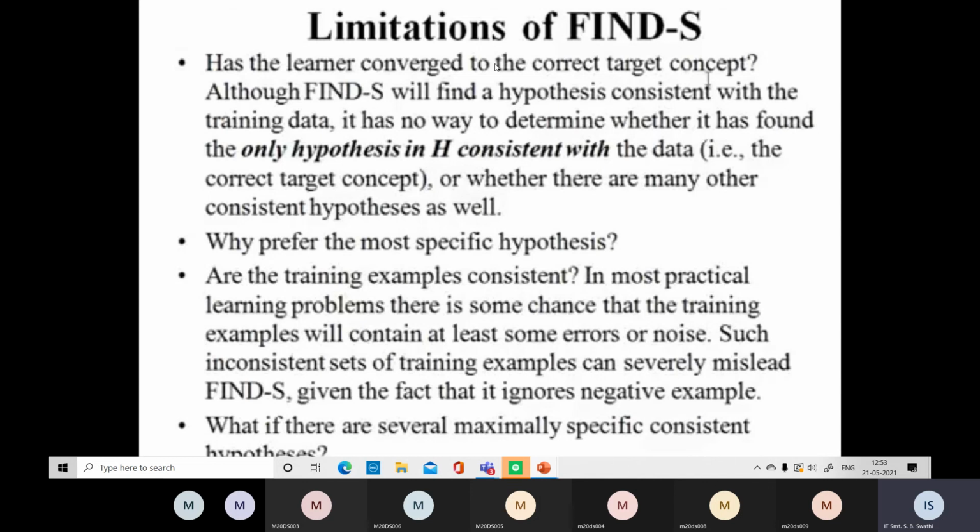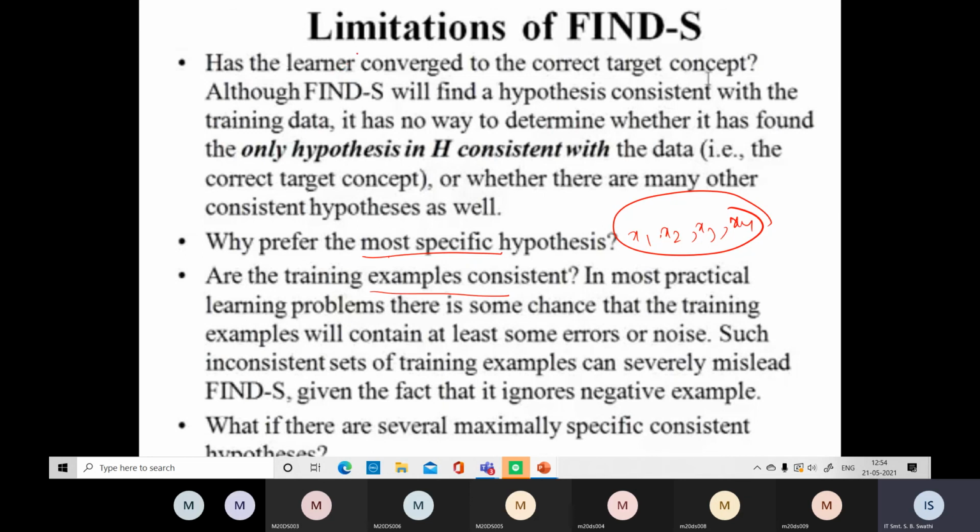Students, this is the last one, the limitation of Find-S. Once you have completed the specific hypothesis, you have to be sure that whatever we have started with is the most specific hypothesis, and whatever instances we have taken are proper instances. Proper instances in the sense we have taken X2, X3, X4 and so on. We have to be careful whether we have taken the appropriate instances or not. We need to take accurate instances so that we can get the more generalized hypothesis.